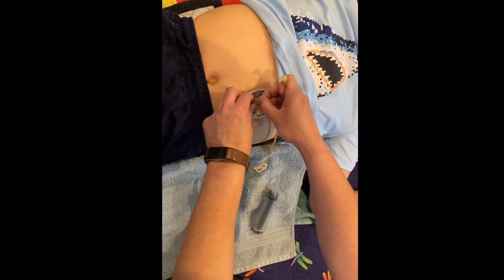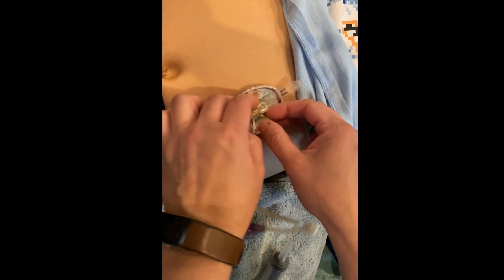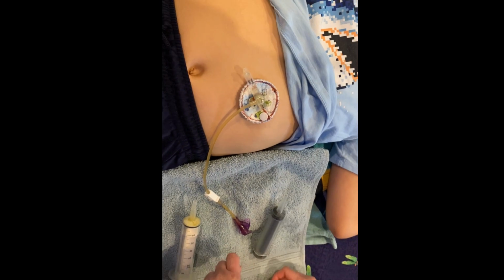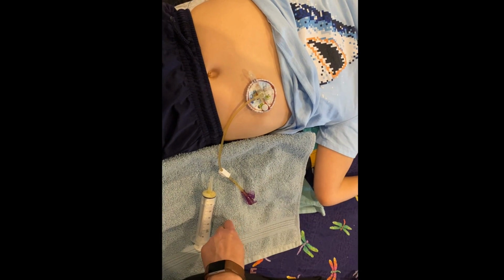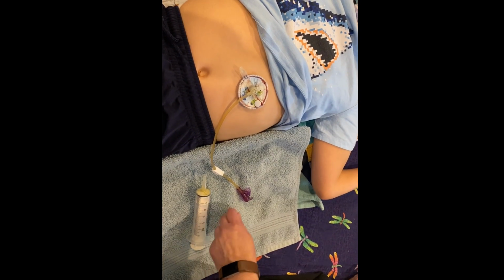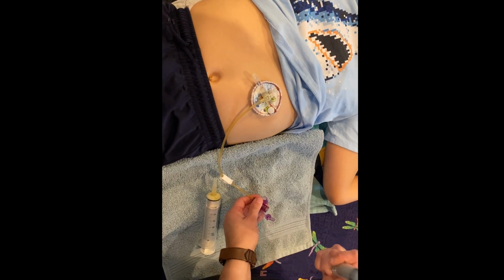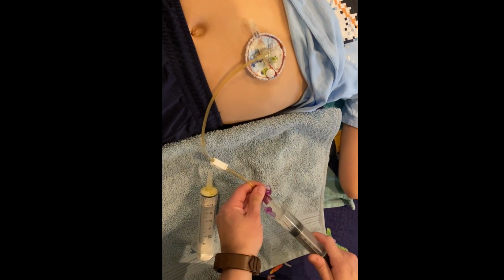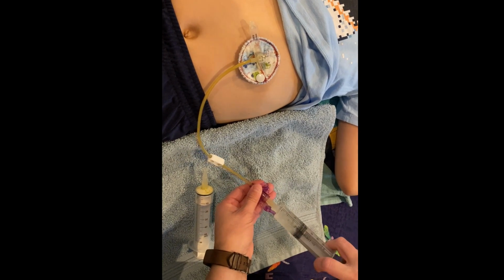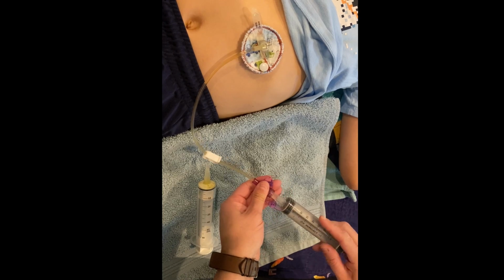Okay, so our first step is that we're going to put the feeding extension into the feeding tube if it's not already inserted. Then we're going to pull up a little bit of water, maybe about 10 or 15 milliliters, into a 35 milliliter syringe. We're going to insert that into the feeding tube extension, undo the clip, push the water through the feeding tube extension, clip it again,